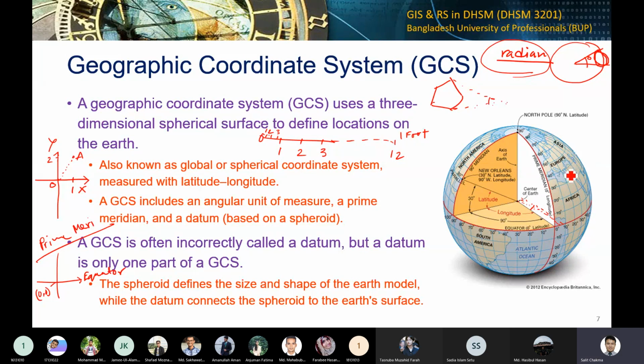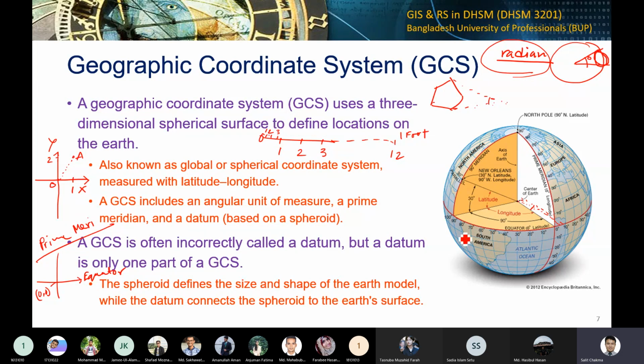বুঝতে পেরেছো? So all these lines except the prime meridian are known as meridians. So prime meridian and then meridian, meridian, meridian. Every single degree can create one meridian. So now comes the equator. Here is also one other interesting fact. The meridians cross each other at 2 poles. So at the North Pole and South Pole, they meet each other.